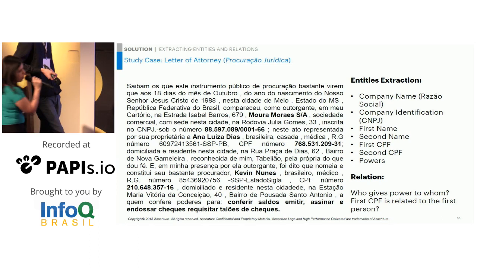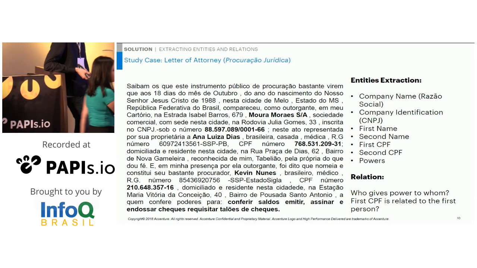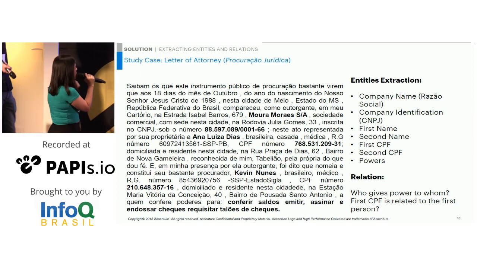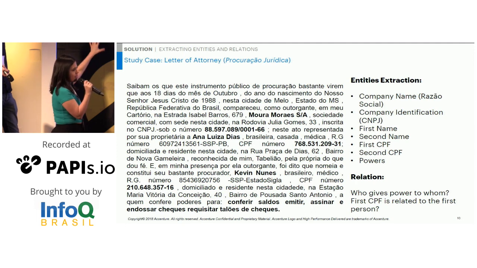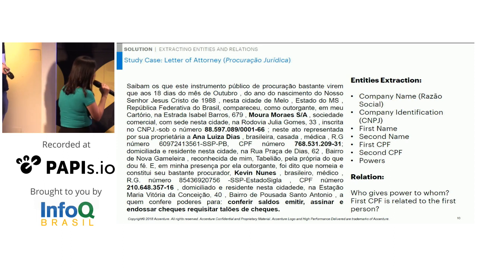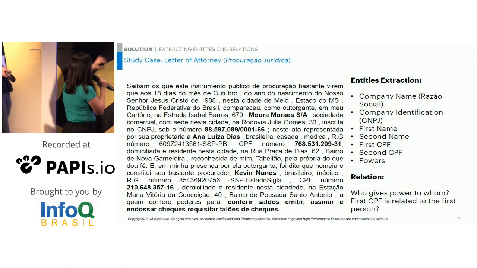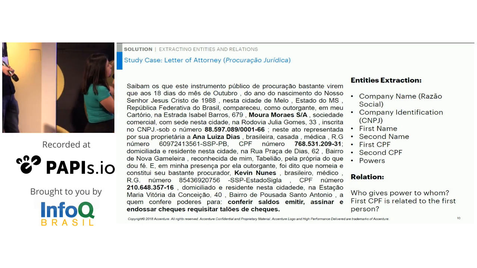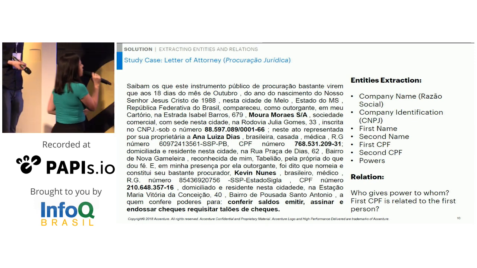So first of all, this is not a real document. This is totally made up, okay? It's just a sample. We created this data based on a library, okay? So it's not real information. It's just an illustration. So we have this, and we can see that this is a procuração jurídica. It's for a company. So we have to identify who is the company, where is the CNPJ from the company.